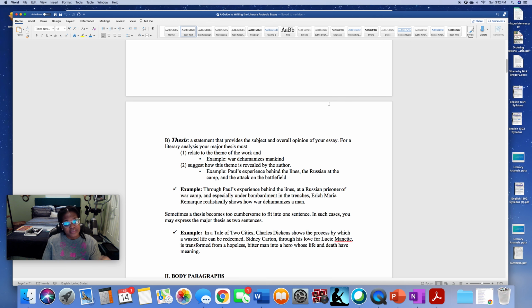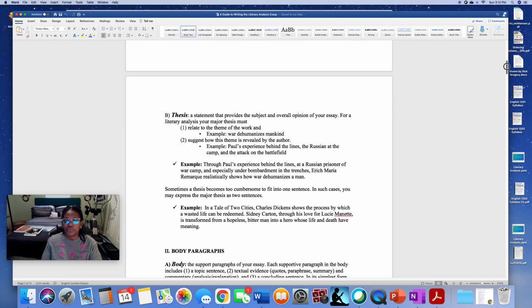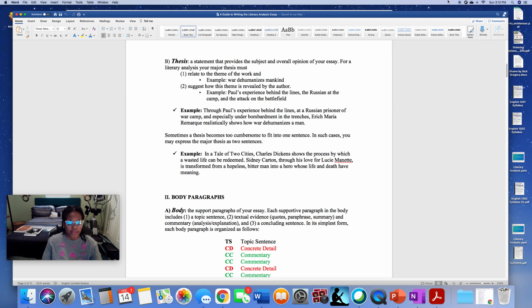The very last sentence of your intro, after you've introduced the story, the background, the dialogue, the interesting quote or whatever you're putting, you are going to have a thesis statement. Now, a lot of you are having an issue with your thesis statement from looking at your rough drafts. Your thesis statement is going to provide the overall main idea for your paper. So your thesis has to be this broad statement that covers the theme, and it also has to cover the device that reveals that theme.